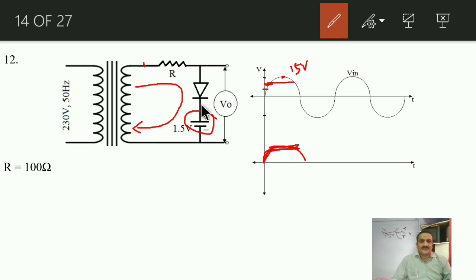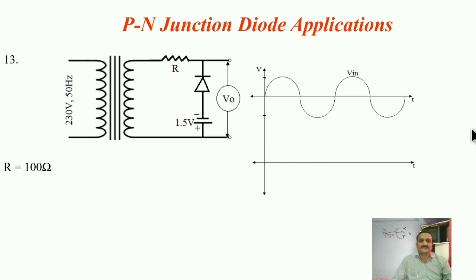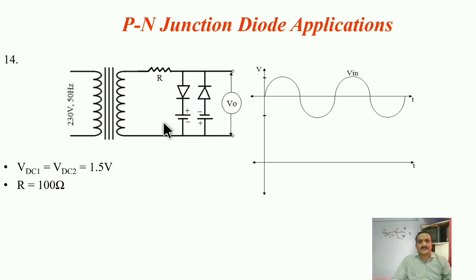During the negative half, no doubt the diode will remain reverse biased, will become more and more reverse, and will act as open. So again the output will follow the input. That means the negative half cycle will remain as it is, like this. Again the same thing, only I changed the polarity. So just think over it and try to find out the output. Now for the parallel connection, apply the same logic I told in the previous examples, example number 12 and 13, and try to imagine what nature of output you will have, right?